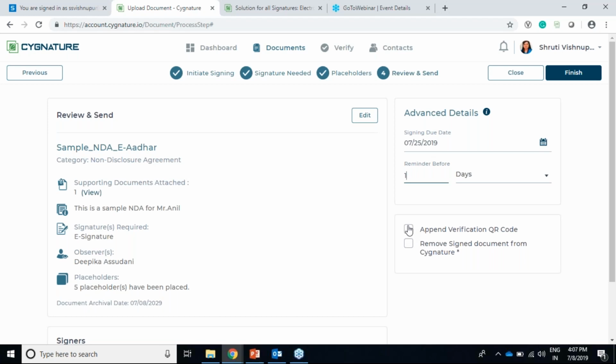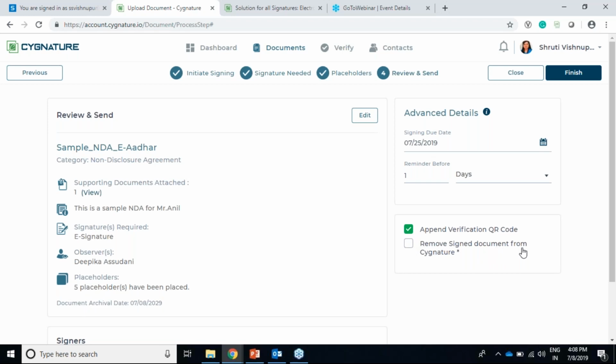So if you enable this option, then, say the document has 5 pages, if you append a verification QR code, you will get a 6 page document on which the last page will have a QR code of that particular document with its document ID. So if I enable that, I'll get a 6 page document with this QR code, and later on using the QR code, I can verify the document. We'll see how that is done.